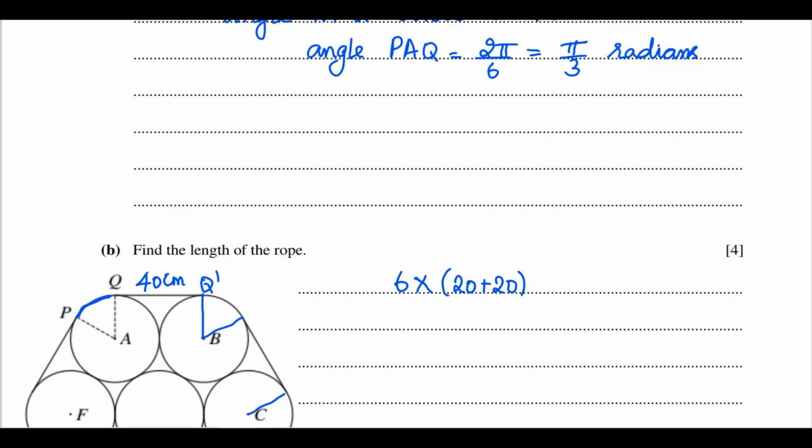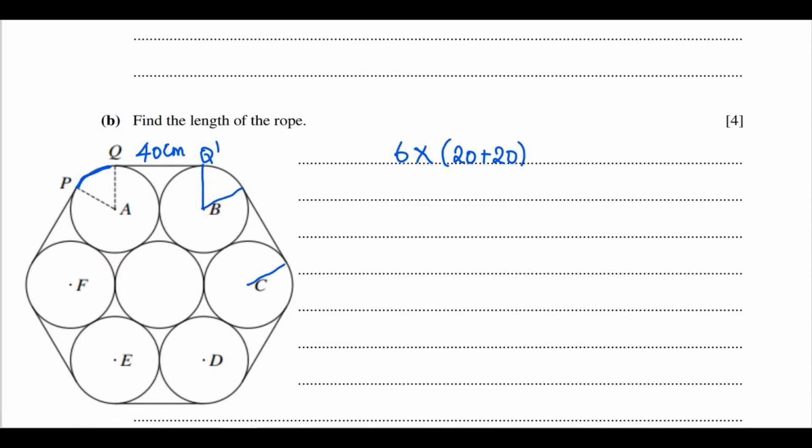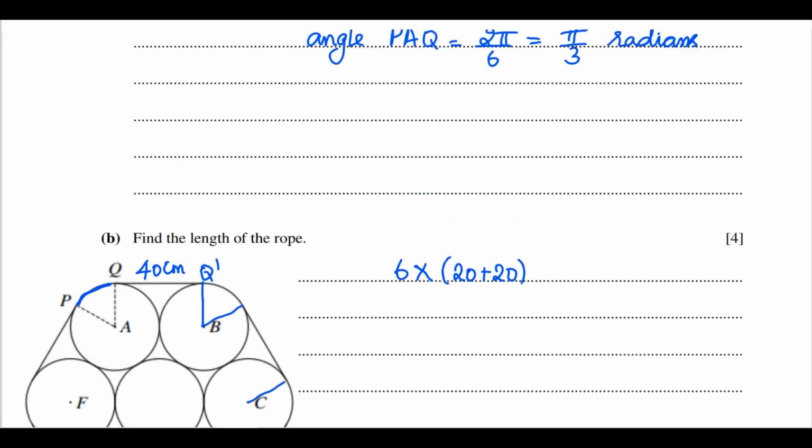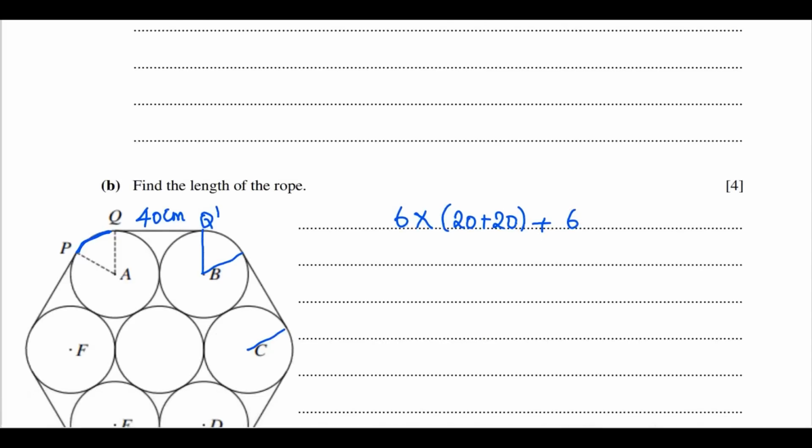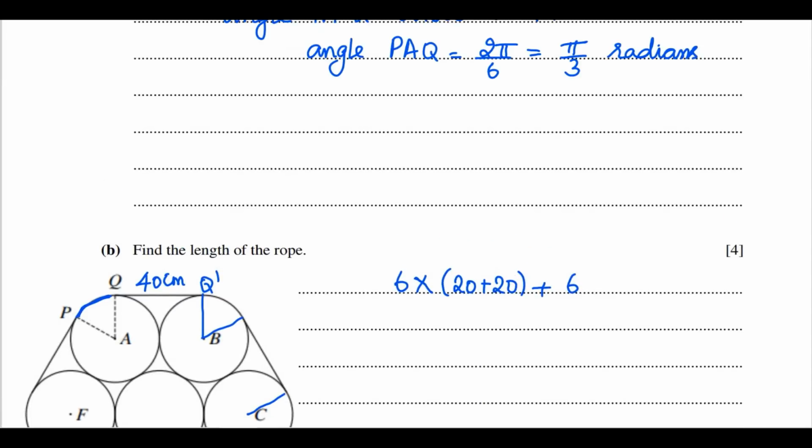So that also we have 6 similar arc lengths. So 6 times arc length of PQ. So length of the rope equal to 6 multiplied by 20 plus 20 plus 6 times arc length of PQ,